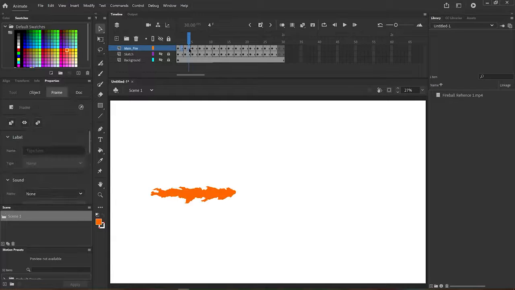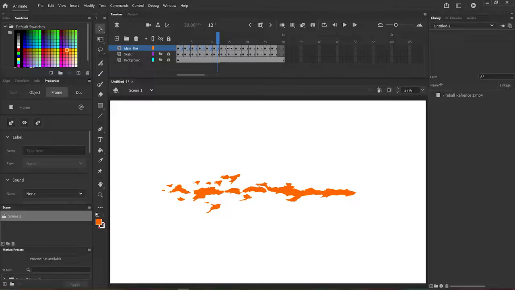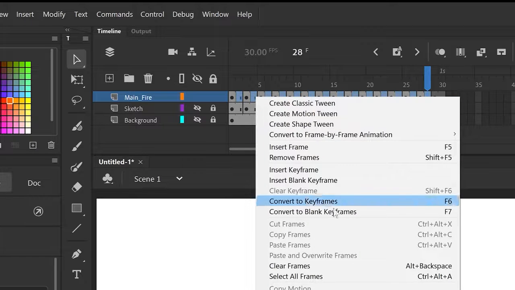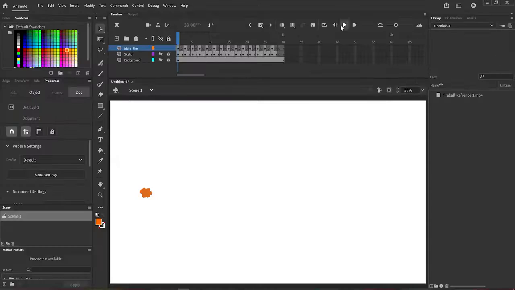We want to make it a bit smoother, and we can draw some in-between frames. To do that, hold Control and highlight every frame that isn't a keyframe. By the way, the keyframes are going to have a black dot on them, and the ones without the black dot, those are not keyframes. The blank keyframes have a clear dot on them. Anyway, highlight those, right-click, and select Convert to Blank Keyframe. See what I mean? Now we have a strobing fire animation,